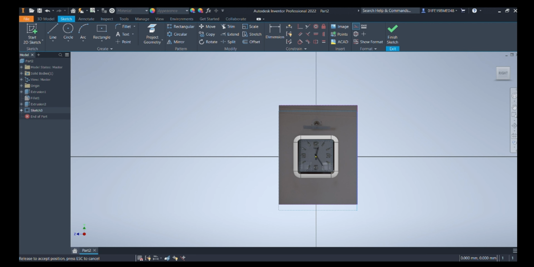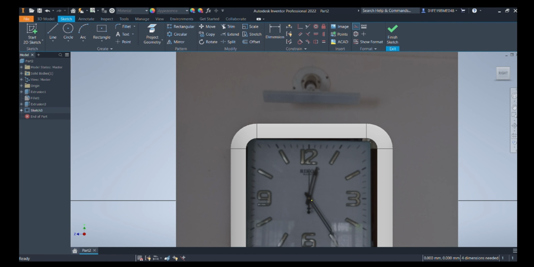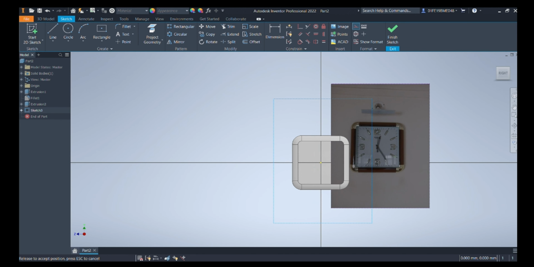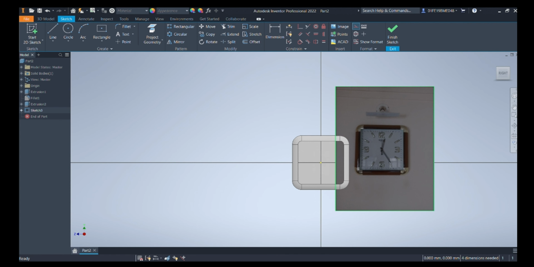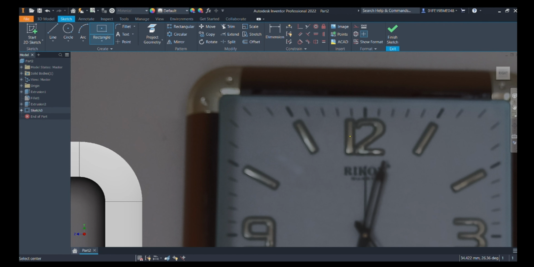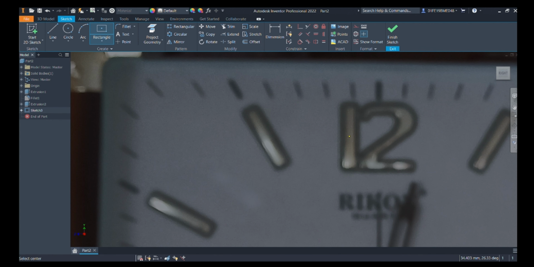Once it fits the frame, we will then take it outer. Since we need to make the digits inside it like 12, 3, 6, 9, we will use it as a reference, starting with the number 12. There you can see that one is basically a rectangle. Again, taking the center point rectangle, we will draw one center rectangle.